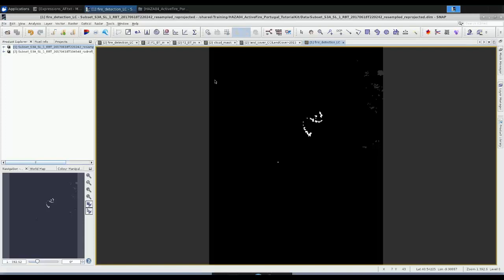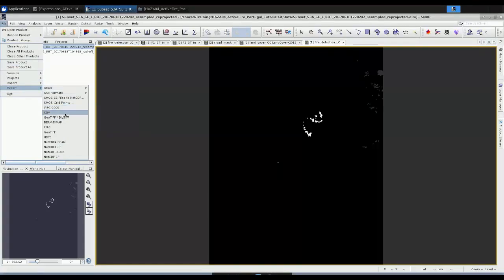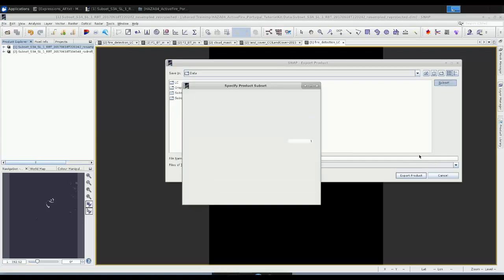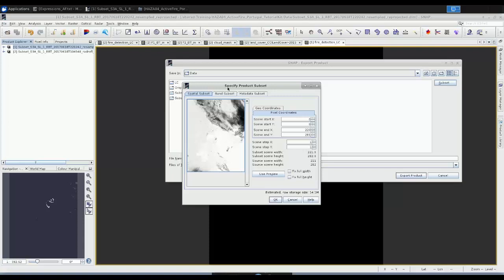Once you process your data in Snap, you can also export them into GeoTIFF and import them to QGIS and so on for further processing. So I can just show you how to actually export those. For example, if I want to export this fire band here, I can go to File, Export, GeoTIFF, and here if I use this, the full product will be exported, with all the bands, which we don't necessarily want. So I want to go to Subset, which is available in the Export menu, and looks exactly the same